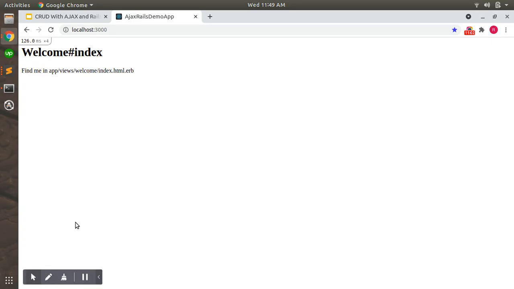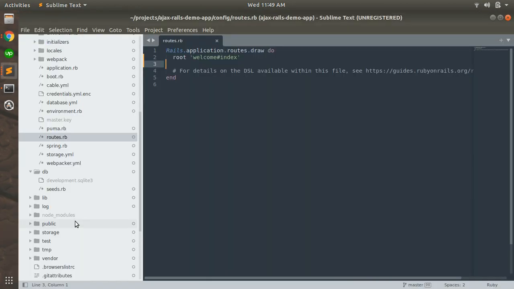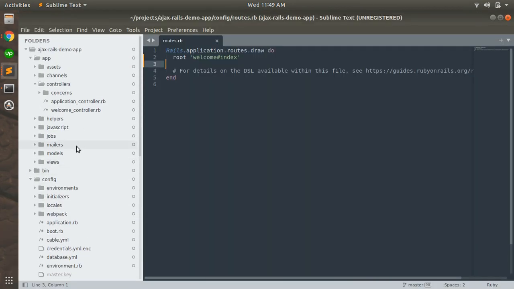And now let's edit the index page of the welcome controller.